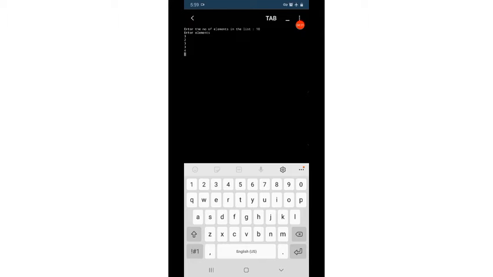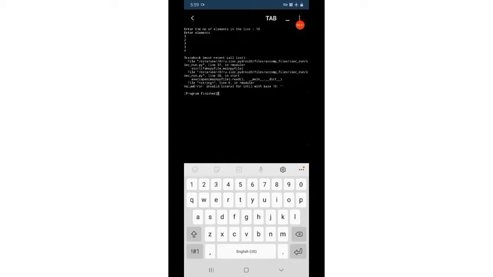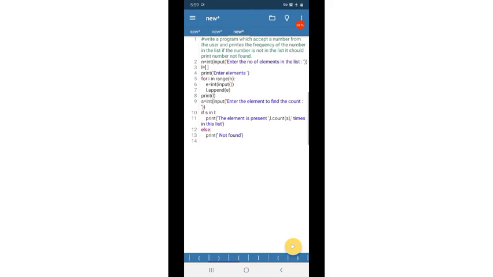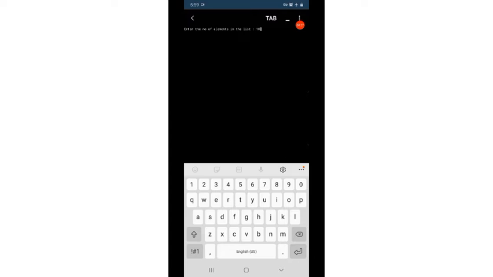So the elements are repeated so many times: 4, 10, 2, 2, 3, 3, 4, 1, 2, 3, 4, 5. These are the elements in this list.